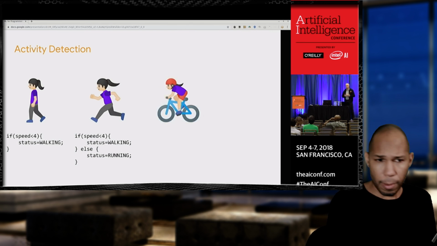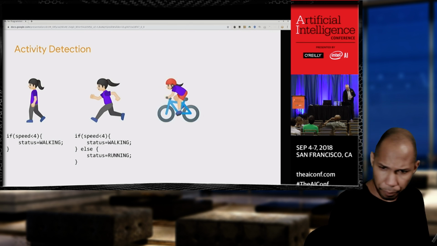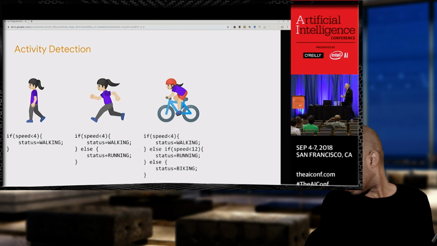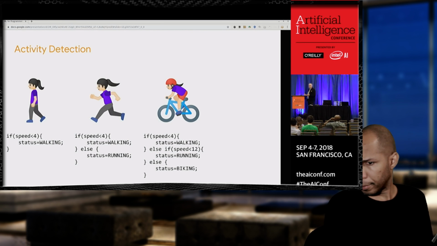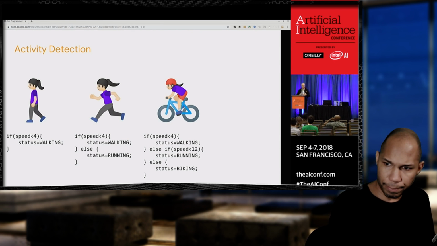And I go, OK, if I'm going based on the speed, the data of my speed, I can do a similar thing, right? If I say if my speed is less than this much, I'm walking, otherwise I'm running, otherwise I'm biking. So great, I've now written an activity detector, a very naive activity detector, just by looking at the speed that the person's moving at.